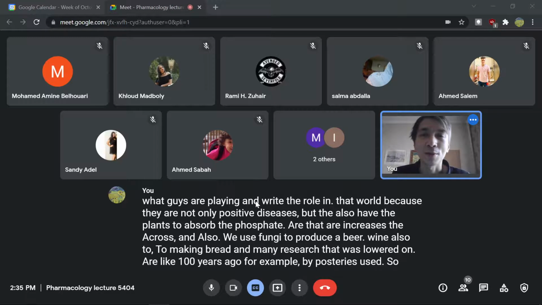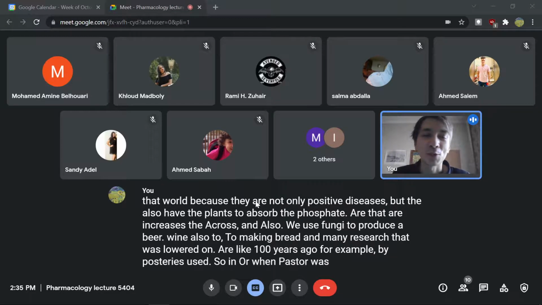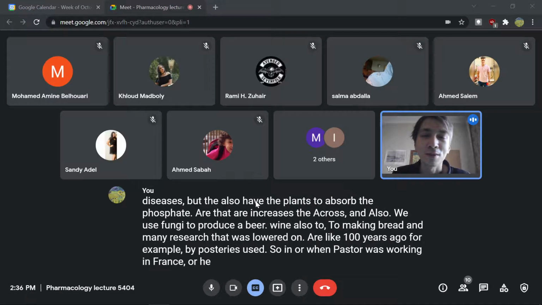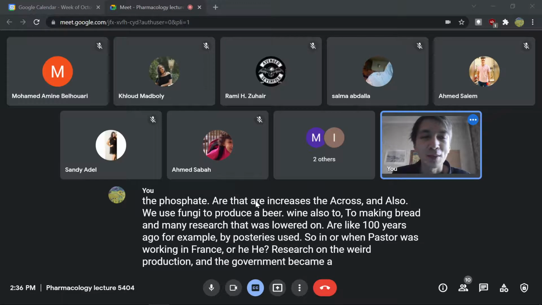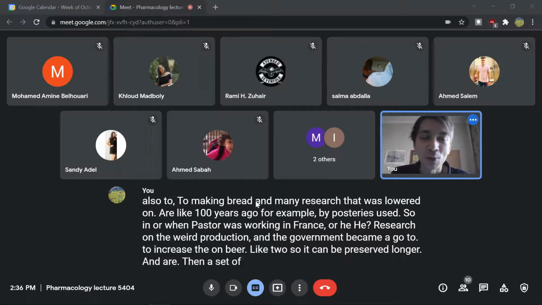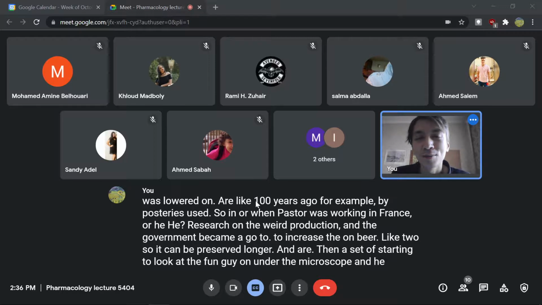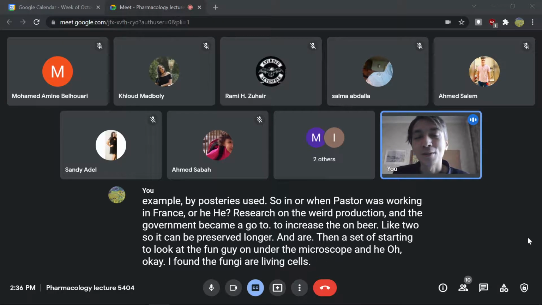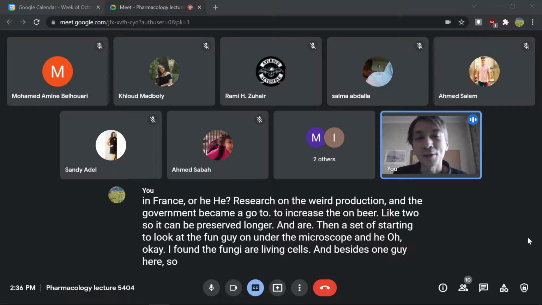So when Pasteur was working in France, he researched beer production, and the government gave him a goal to increase the beer life so it can be preserved longer, and then Pasteur started to look at the fungi under the microscope, and he found that fungi are living cells, and besides the fungi, he also noted other microorganisms, and